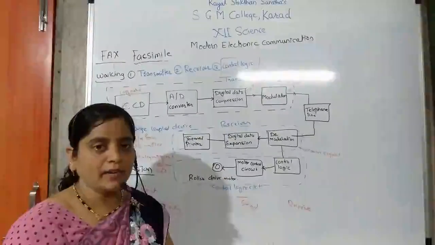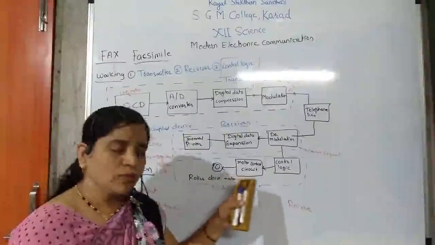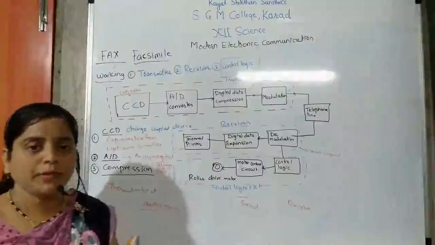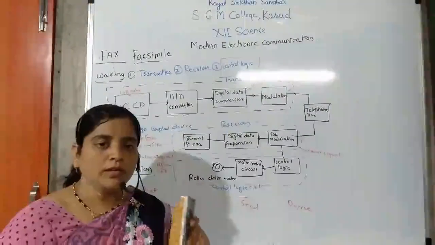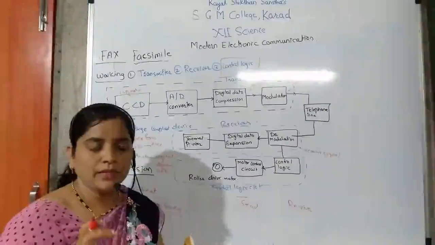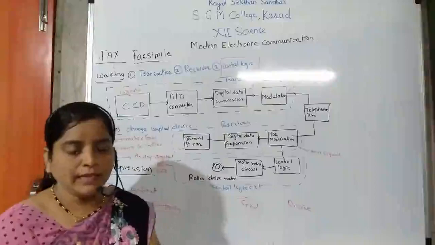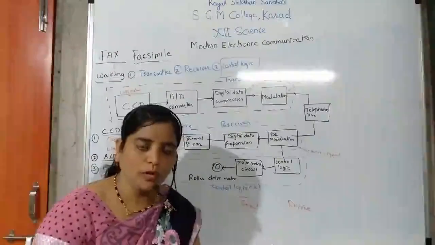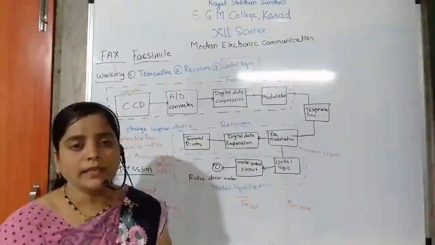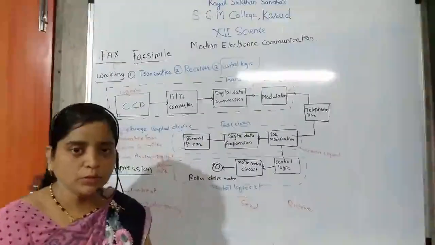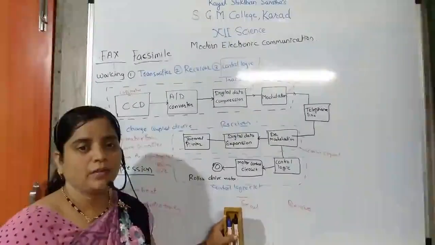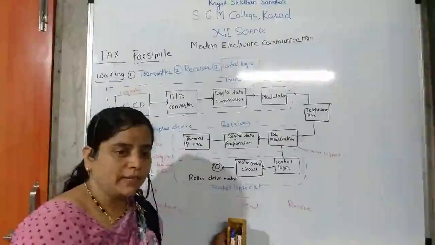For ensuring that, for compatibility, a control signal is there. So what is this control signal's working? It does handshaking between two fax machines, or ensures the connection between two fax machines. And how does it work? It uses audio tones. After sending, it sends the audio tone, and after receiving, the other fax machine also sends audio tones to our fax machine. So we'll get that and confirm that our documents have been successfully sent.